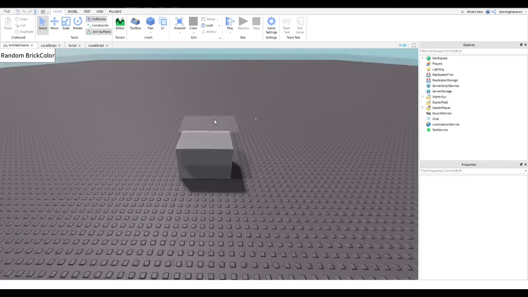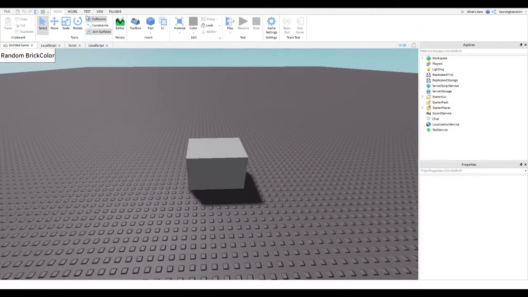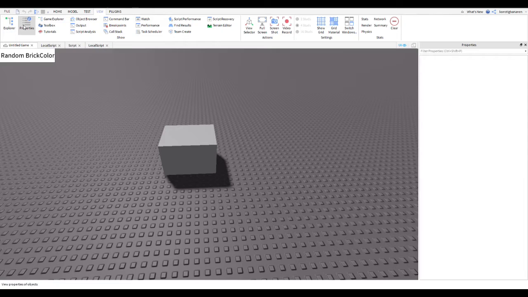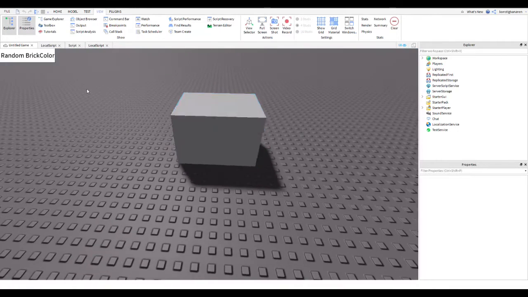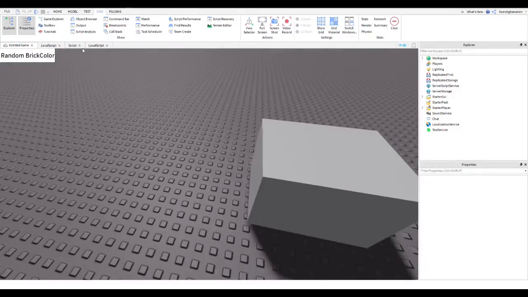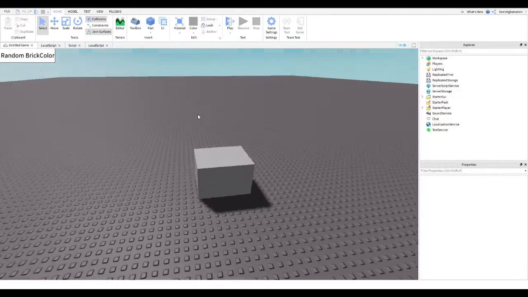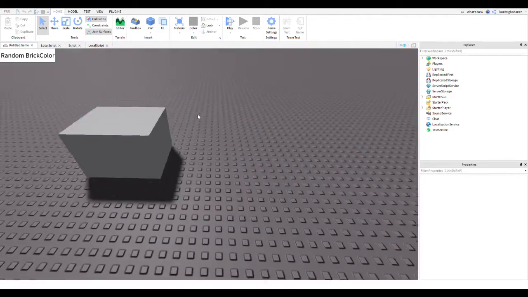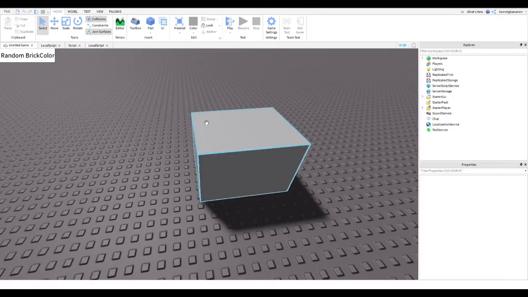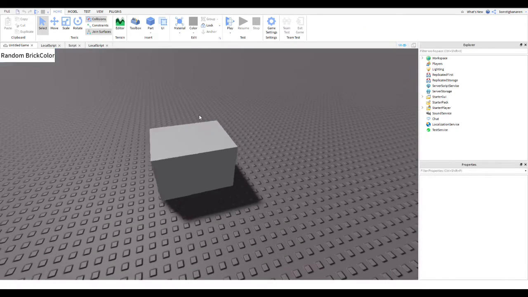So let's start. If you didn't watch the video before, you need to have Explorer and Properties on. If you don't have them, go to View and click Explorer and then click Properties. So you have it here, and there you go. Then go to Home, and the first thing we will do is disable sparkles while clicking the